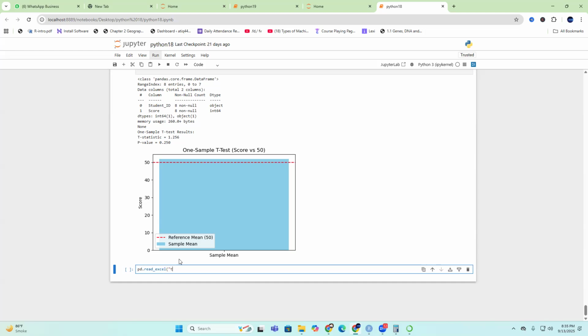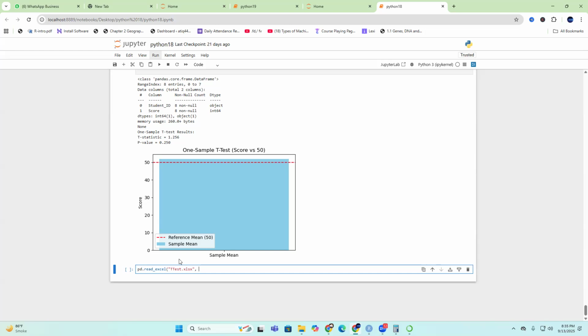Our file name is t test dot xlsx inverted comma close and add comma here